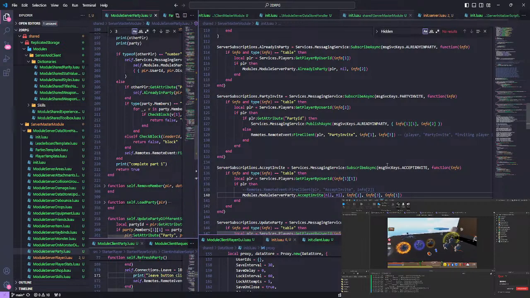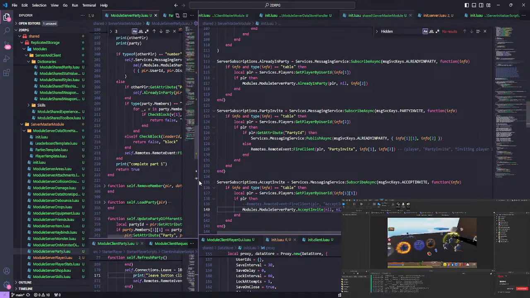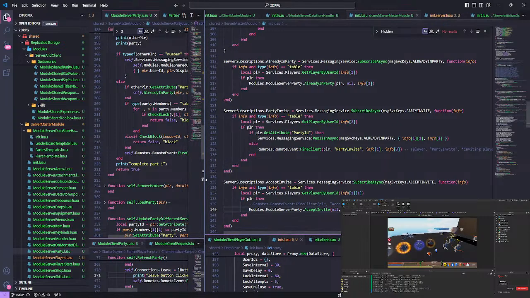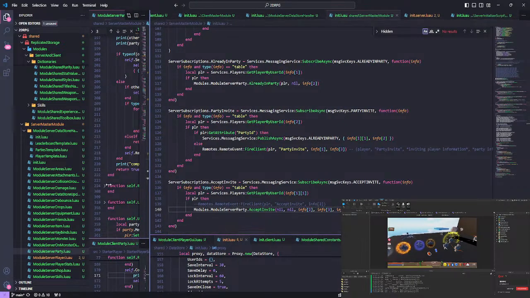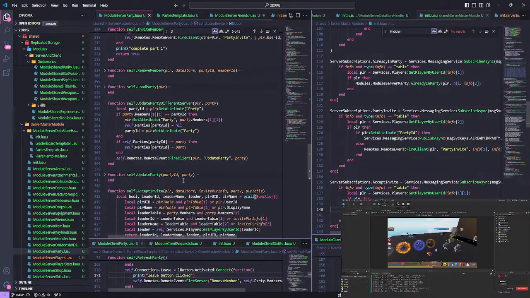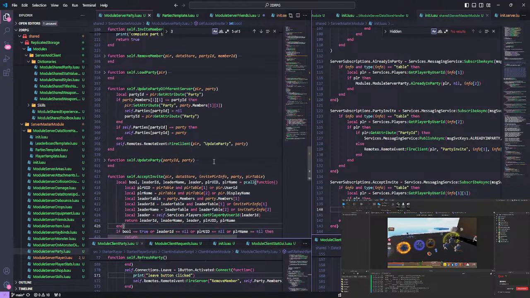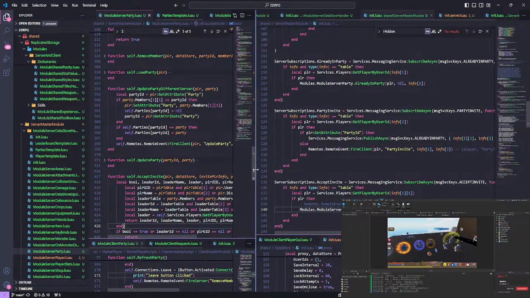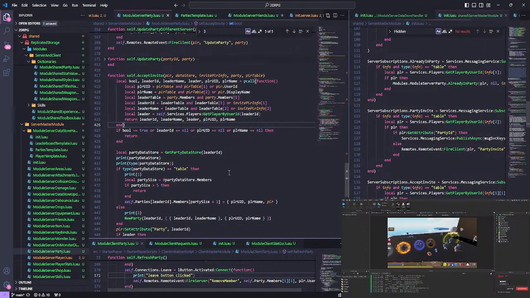Oh, I'm looking at the wrong thing up here. Okay, the party invite, info 1, info 3. Info 1 is the inviting player information. Info 3 is the party information. So this goes to party invite. Sorry, it just sends the information to party invite. Then when you press accept invite,